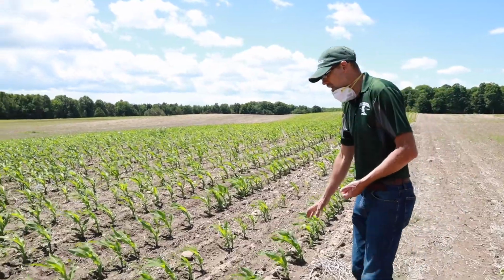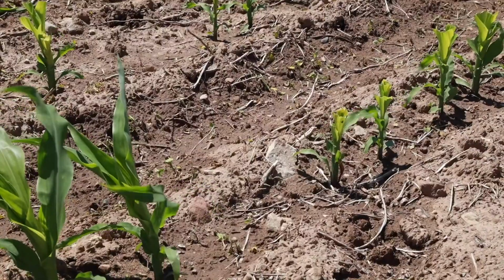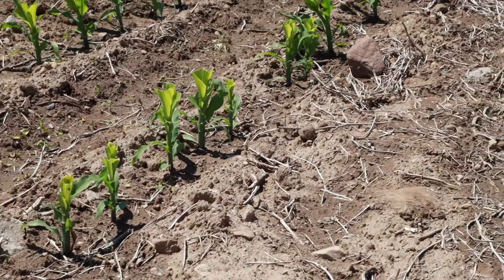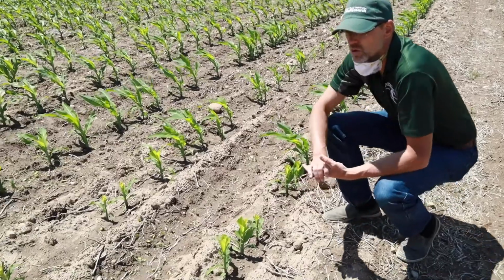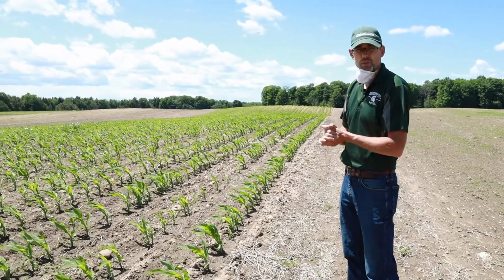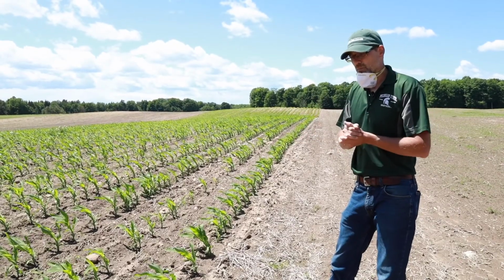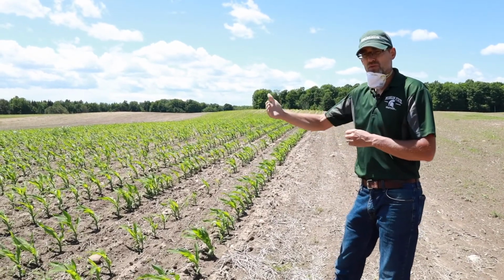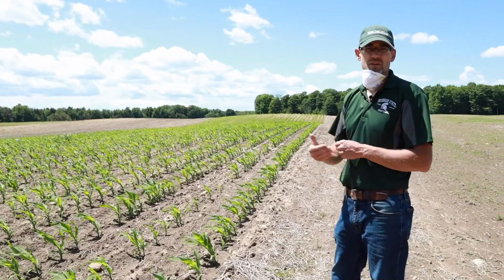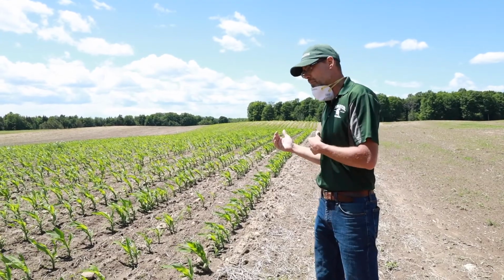And so if you look at this row, this opportunistic deer came through and just mowed these guys off as they start to do that. So they've taken a lot of photosynthetic capacity away from these 8, 9, 10 plants right in this area. And so you'll begin to see that on your end rows. And so having very long, narrow food plots, I like it from a bow hunting standpoint, from a natural edge standpoint, but the more edge you create with your food plot, the more in-season damage you're gonna have. Well, to me, this is acceptable. They're out here, they're foraging, they're putting muscle mass on, they're putting it into their antlers,